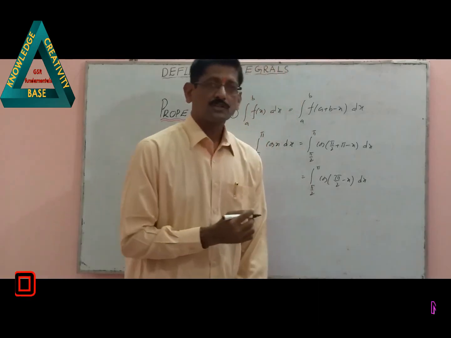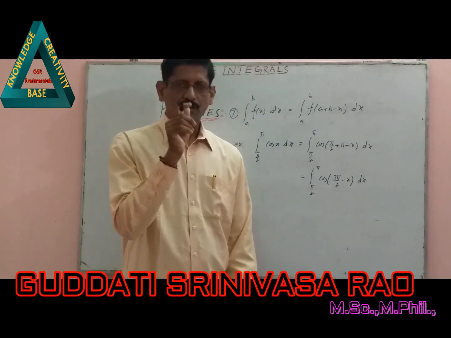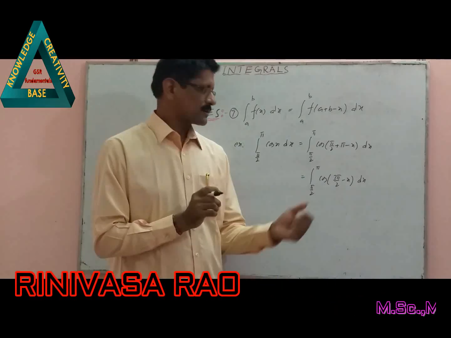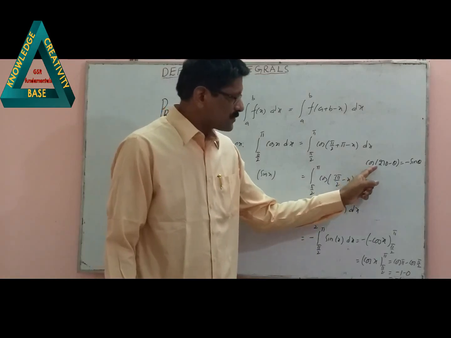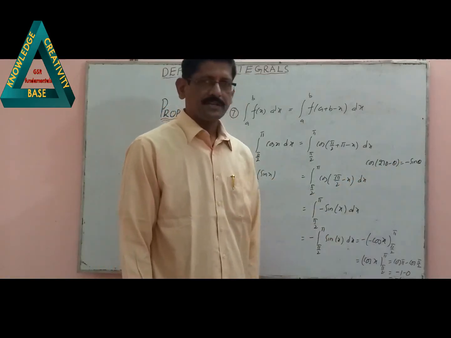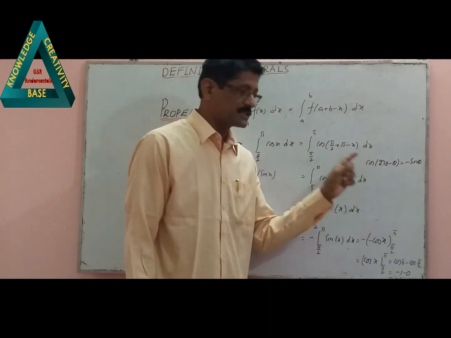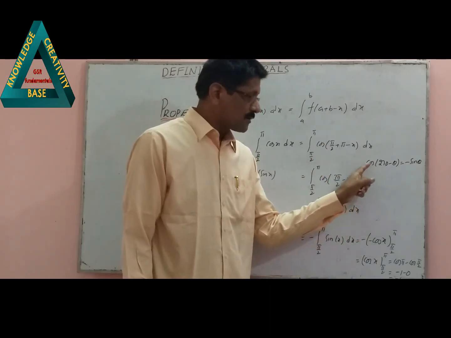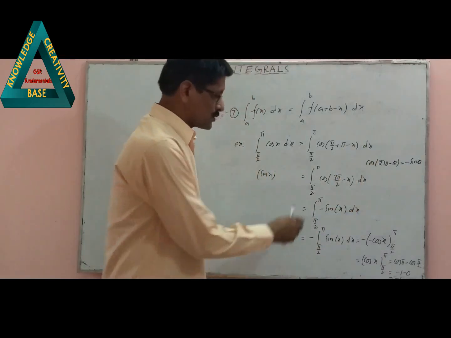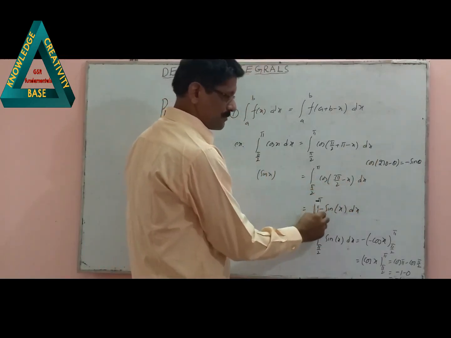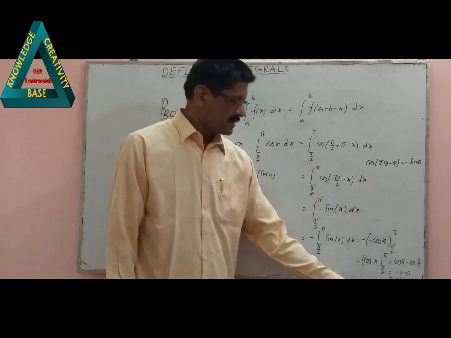We know cos of 270 minus theta. 270 minus theta lies in the third quadrant. In the third quadrant, cos is negative. So one of the important properties is cos of 270 minus theta is equal to minus sin theta. That means 270 lies in the third quadrant, where cos is negative. At 270 cos goes to minus 1. So cos 270 minus theta is equal to minus sin theta. So cos of 270 minus x is equal to minus sin x dx. By simplifying, what is this value? That value is minus 1.